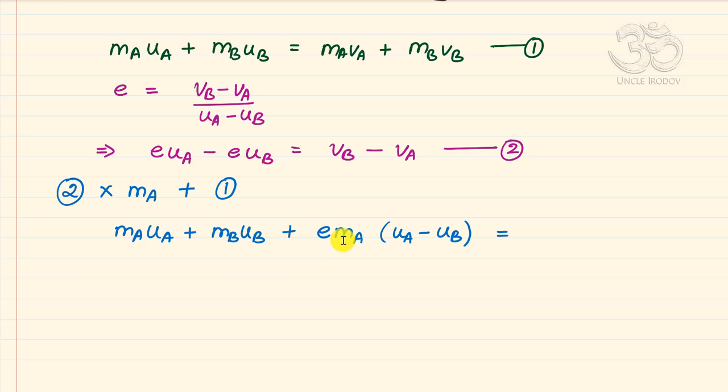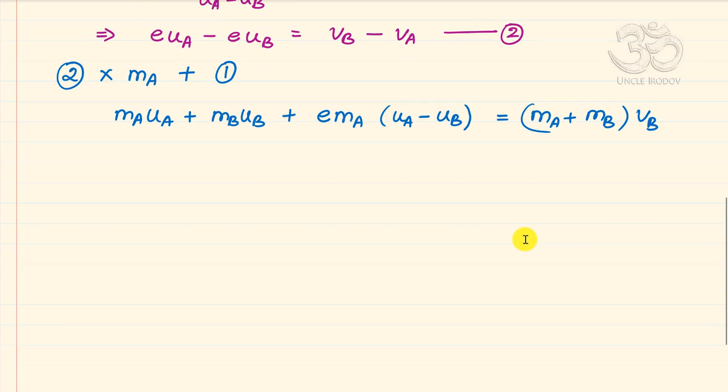is equal to, on the other side, if I have a MA VA here and a MA VA here and the signs are plus and minus, then they will cancel out. There will be MA here and there is MB there, and there's VB and VB. So I'm going to get MA plus MB times VB. That's the easiest way to solve these equations or equations of this kind. So therefore, the equation that you're going to get for VB is